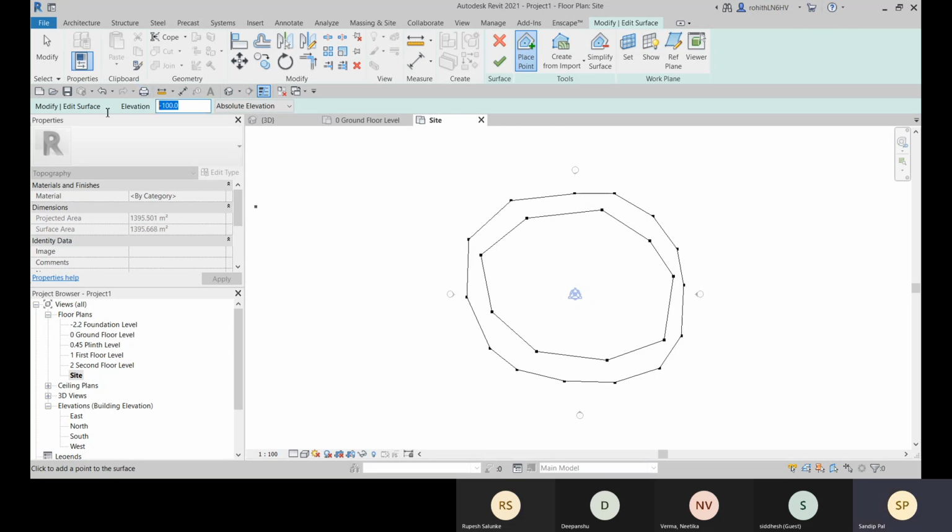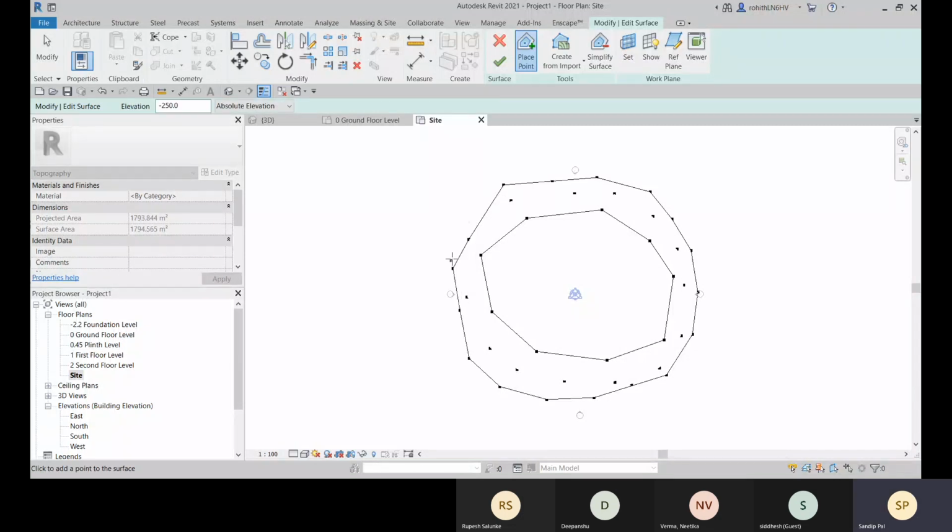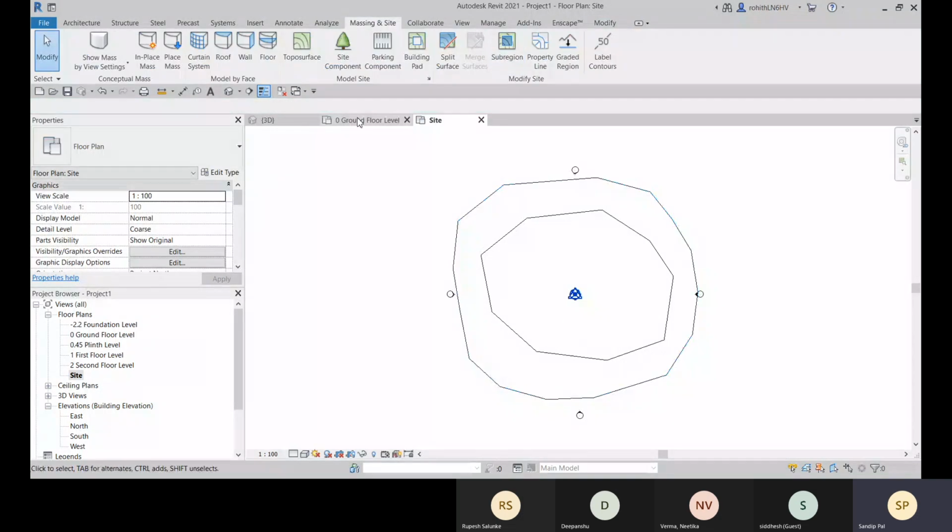OK, and there you can go some other points. So like that, you can provide all the elevations and you can define the surface. All right, and after that, go for this finish surface, and this is created.